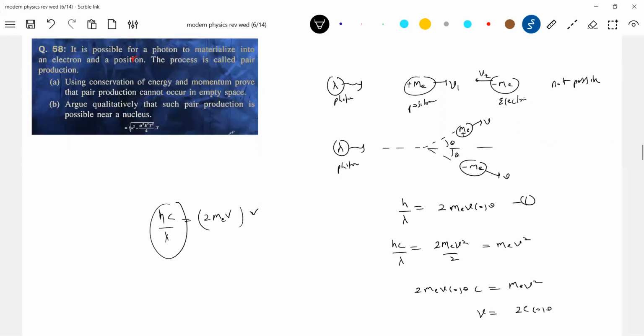Okay, fine. So for that to happen, the energy of this photon should be greater than the rest mass of these two particles. Plus, there should also be the kinetic energy of the particles. So if you actually take that into consideration, hc by lambda, the equation should have been like this: the rest mass, which is me c square, plus the kinetic energy of that. Everything should come. So not possible, no?